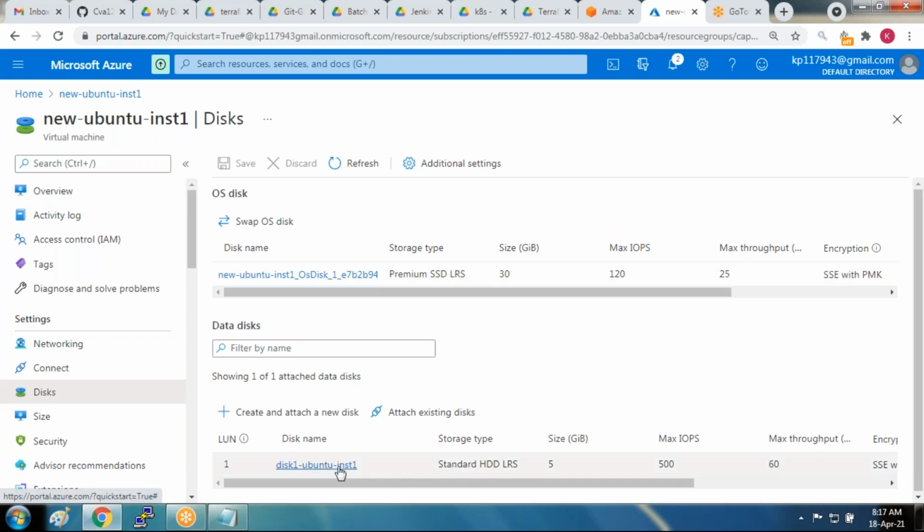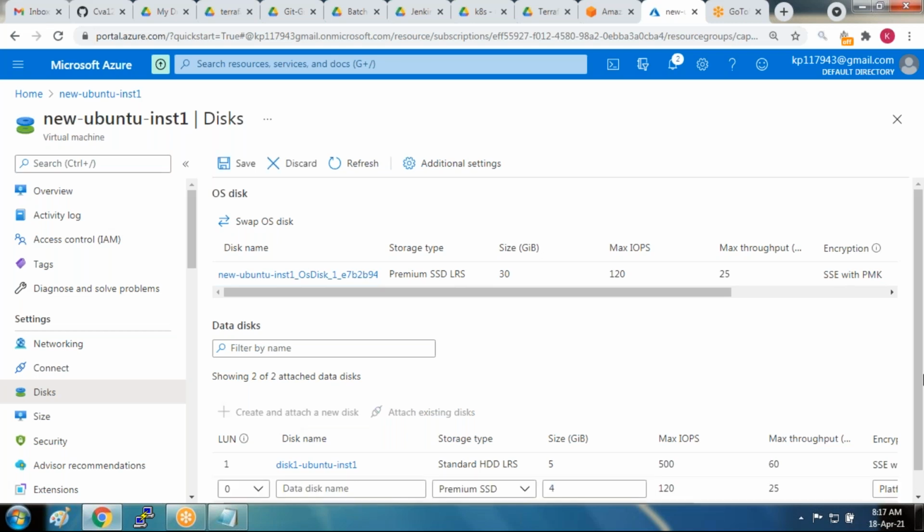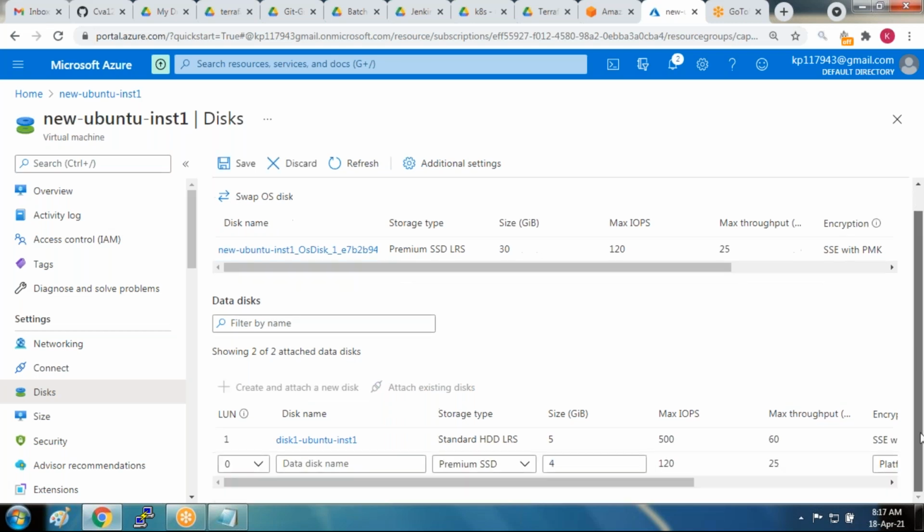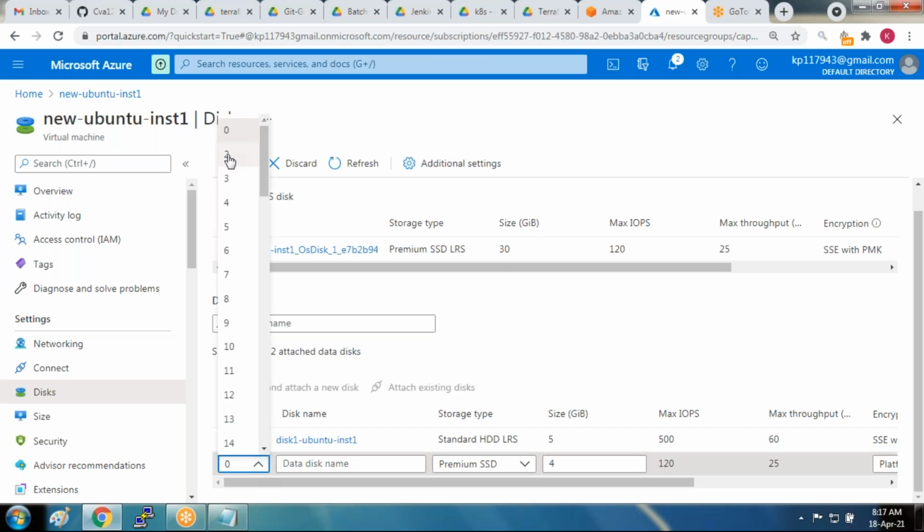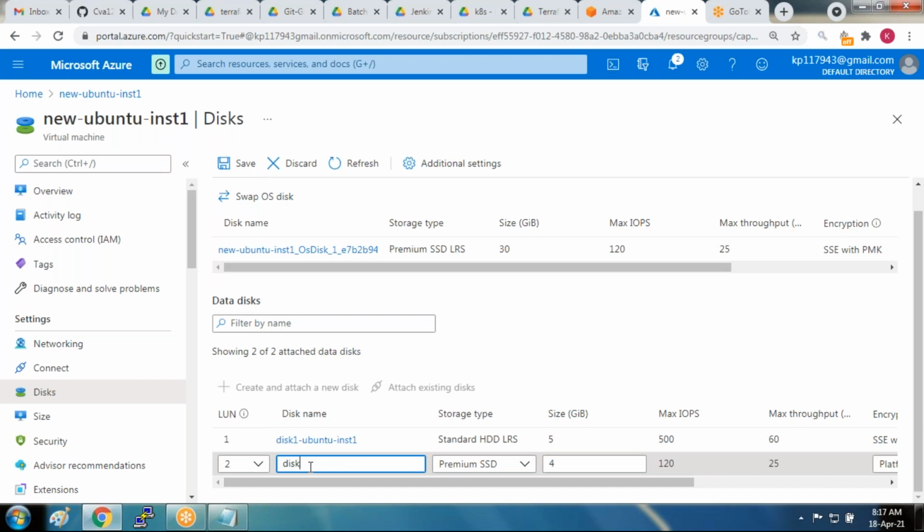Okay, so that's a disk. You see that, and you want to attach another one. Create a new attached disk. Create and attach. You can create and attach a new disk straight away from here itself, instead of going to the volumes. So let's say disk 2, for Ubuntu